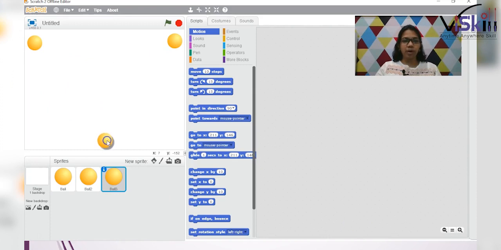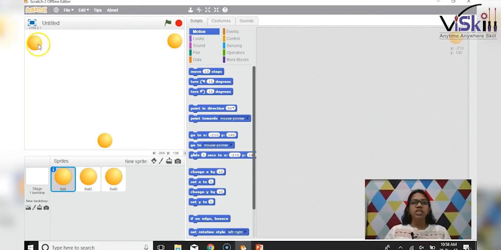We are going to make them bounce. Alright, so what are we going to do? We are going to make them bounce at a particular position and they'll be getting back into the same position. So first we have to know where are these balls positioned first. So let's start with the first sprite. This first sprite has a position of -206 and 145. Okay. So -206 and 145 is the position of this sprite. So I can make it bounce here. So what is the position of my mouse pointer? It is -186 -173. So I can make this go to